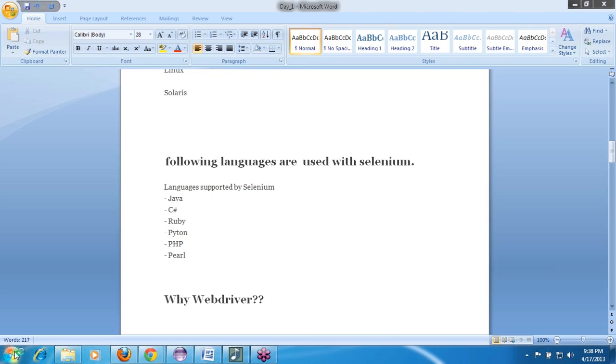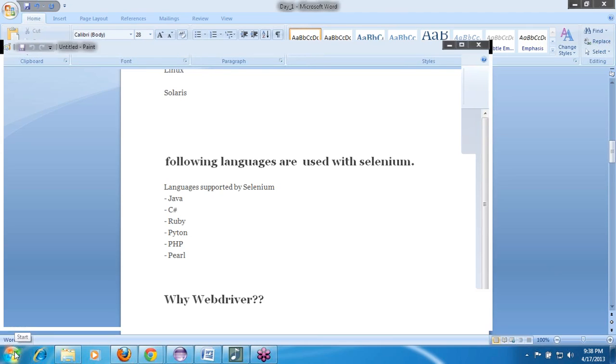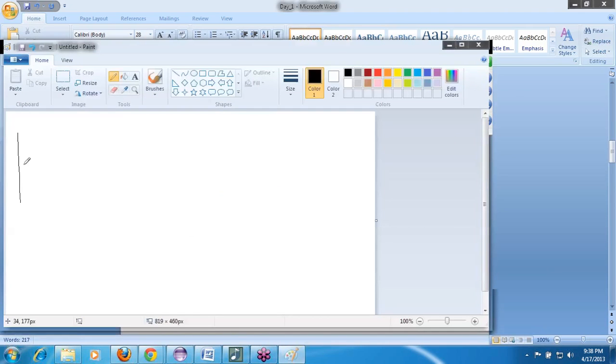This is an application, and this is the code where we are writing our WebDriver code, and this is the application which we are testing, a particular site. Unlike RC, there is no server between our code and the application which we are going to test. Okay, there's no kind of proxy server. There is direct interaction between the